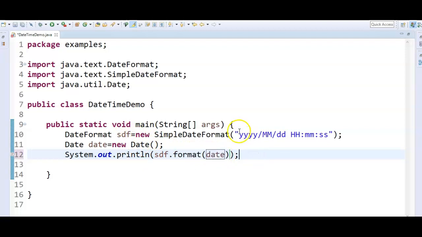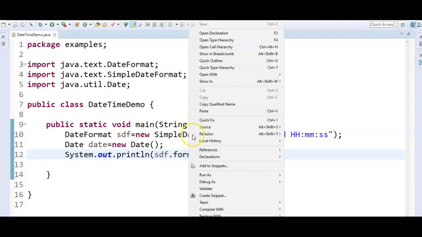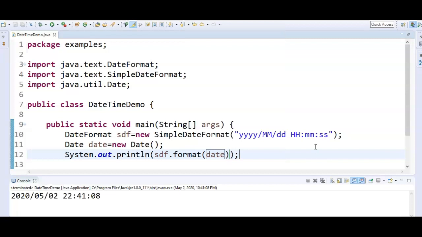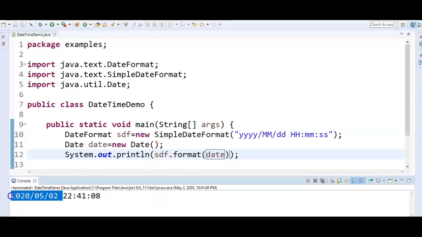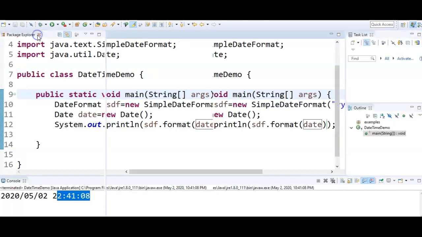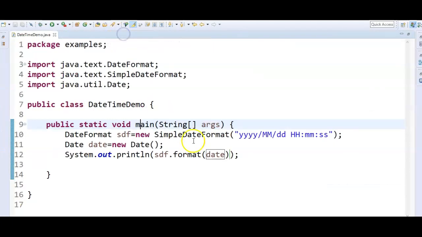Now let's run the program and see the output. So if you see here, this is like 2nd May 2020 and the time is 10:41. Okay, so this is how we print date and time before Java 8.